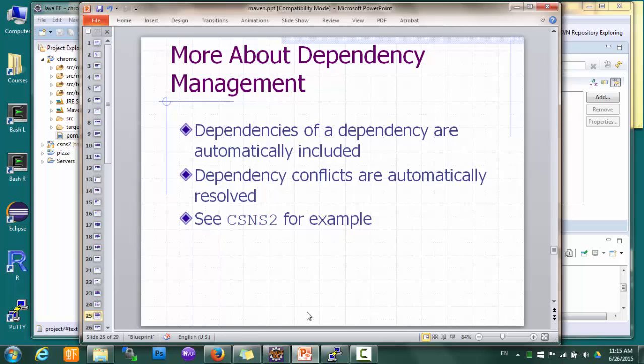Maven's dependency management feature actually goes beyond just downloading a dependency. In particular, it does two very useful things. First, it automatically includes the dependencies of a dependency. For example, if your project relies on a library A, but library A itself relies on another library B, and that library B in turn relies on a different library C, then all you need to do is include library A in your POM, and then Maven will automatically get B and C for you,